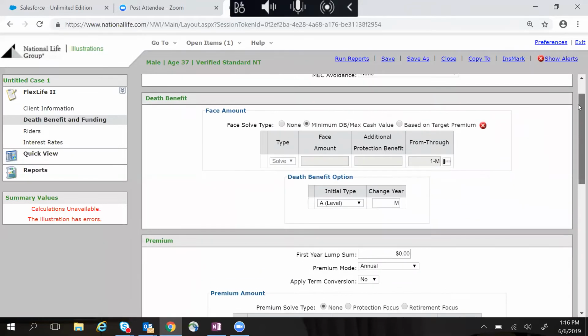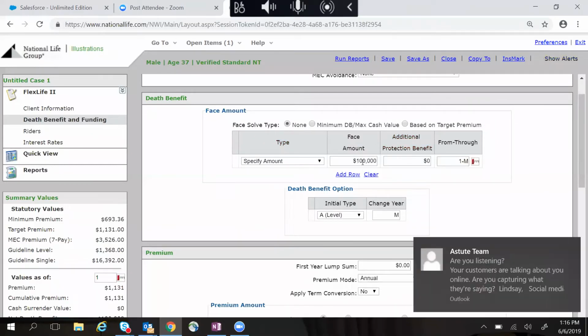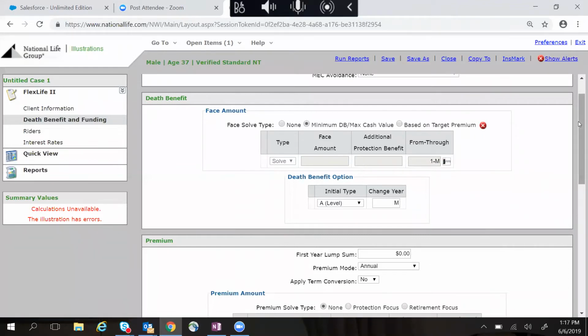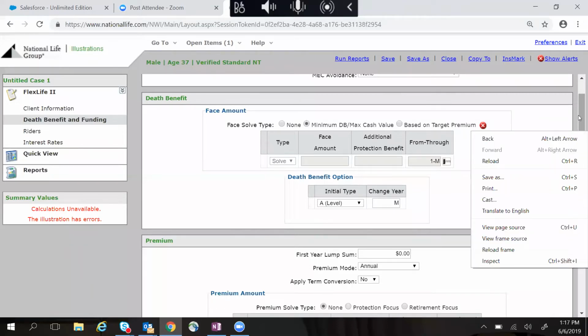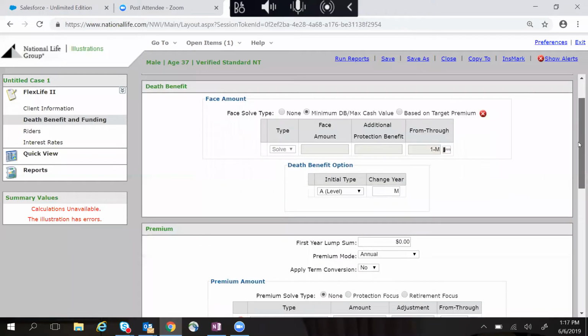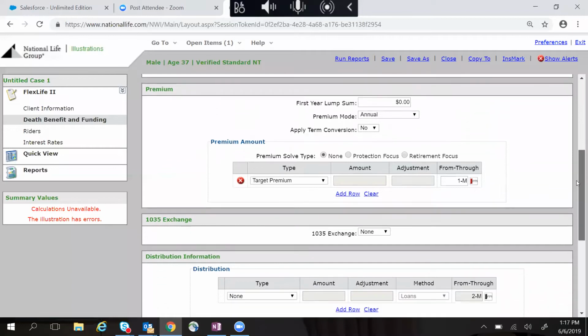The great thing is that in our software, we have two ways that you can build this case design. You can either have a death benefit in mind. If the client has a death benefit they're trying to achieve, you can hit none here and specify whatever that face amount is. Or, and most scenarios are going to be this way, if your client says, I can afford $300 a month, we'll leave it at minimum death benefit max cash,